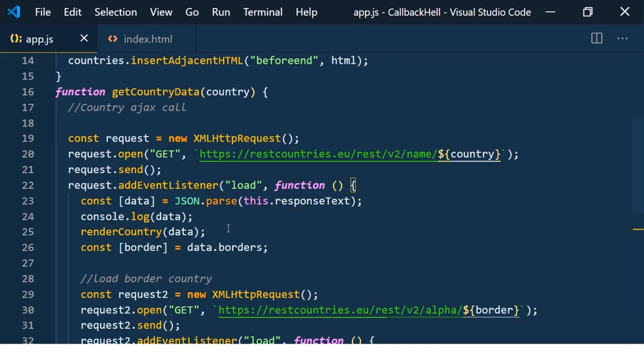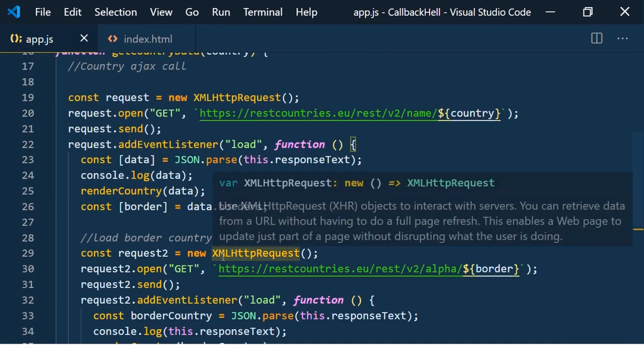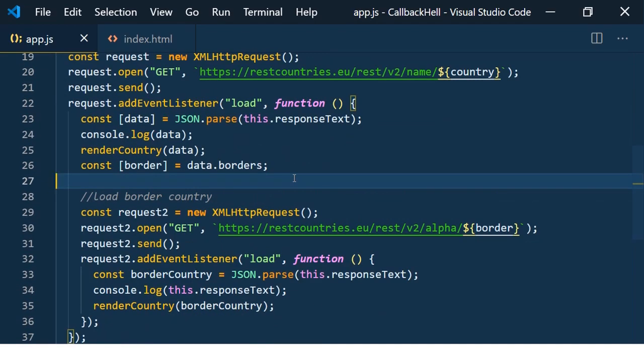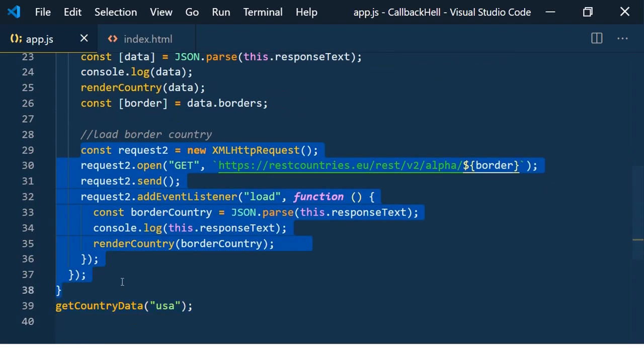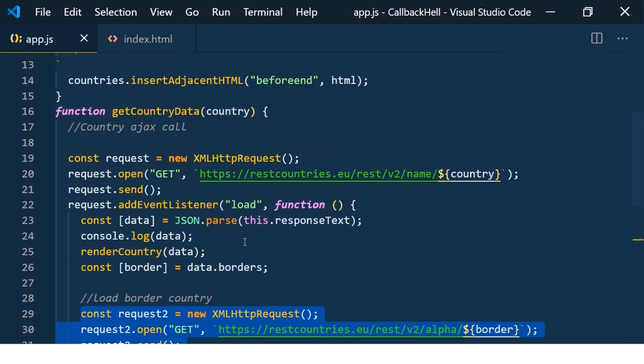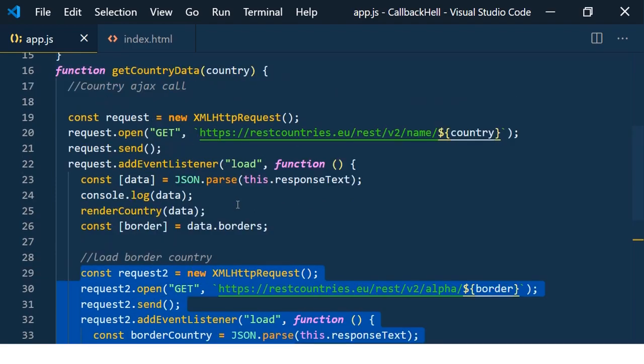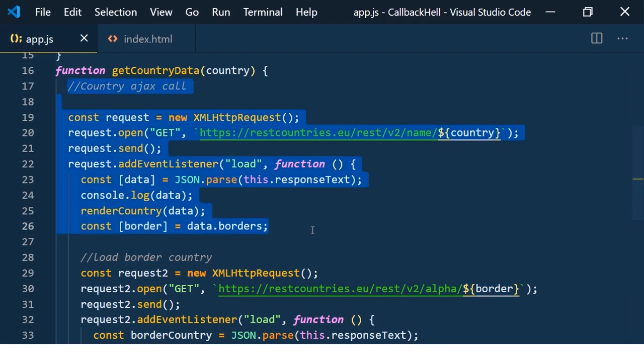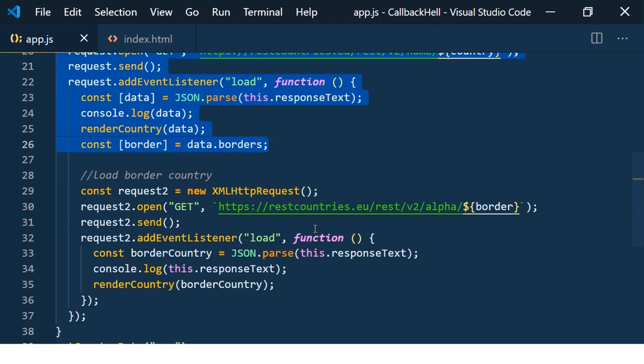Now if you observe, first we made a call to the countries API, and there we got the data. From the countries data we got the border country codes, and using the border country codes we made another Ajax call. Then we loaded the border country details. So the border country details always depend on the country details. So this has to go in sequence, because we can't do these calls in parallel without knowing the border country codes, because the border country codes are part of the country data. So this is how we can make the calls in sequence.